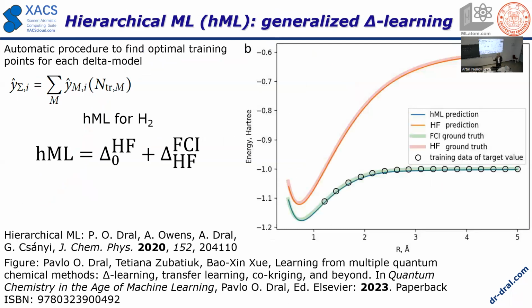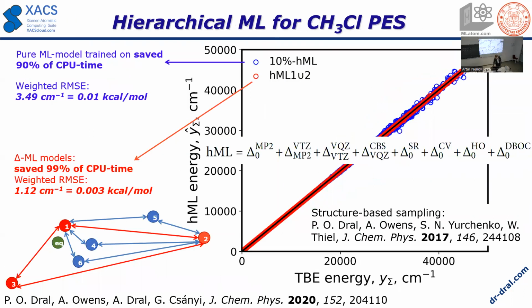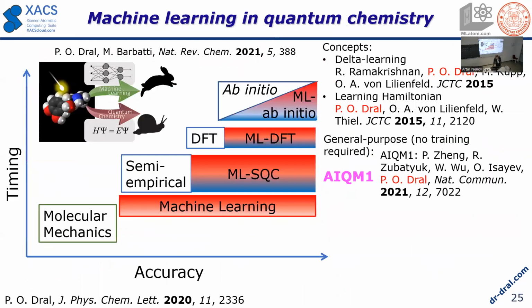Or you can also do Hartree-Fock if you want, and then you can stack many methods, many models together, and then you get a pure machine learning model which does the same. This can be beneficial if you have a lot of data, and usually you have much more data on the lower levels than on the higher level. So you can do this for more complicated molecules and more methods, but for this AIM1 approach, we've done a very simple